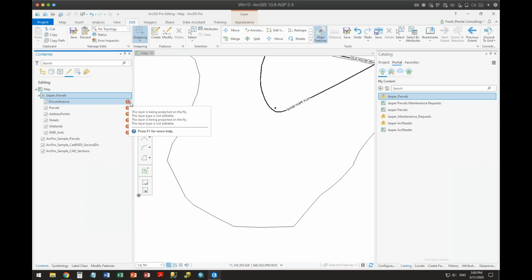It's telling me it's being projected on the fly because it's reprojecting it into the projection of my map in New Mexico. So it's saying it's not editable right now because you reprojected it. If this was their standard, I actually would be able to edit it right on the fly. I don't have to do anything. If it's editable, it's there. It's mine. Nancy, go ahead.